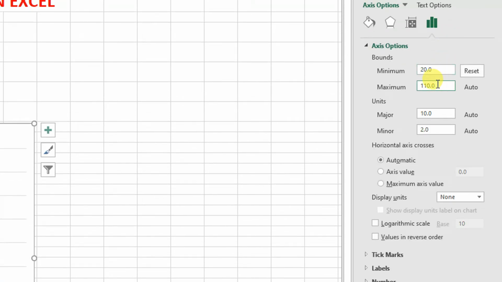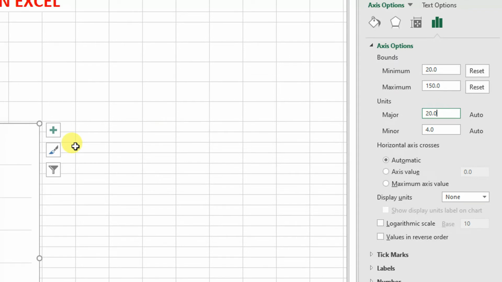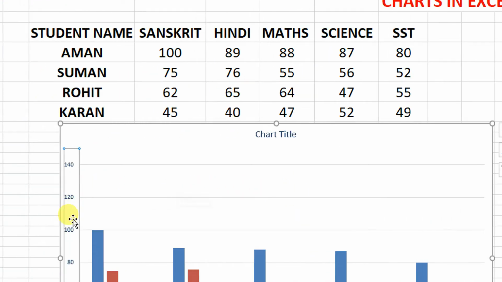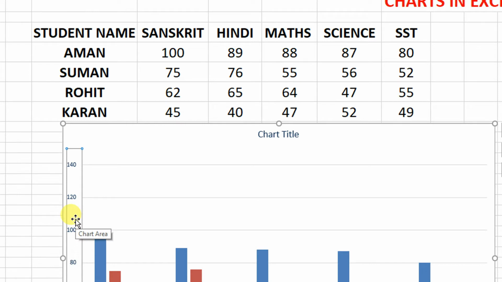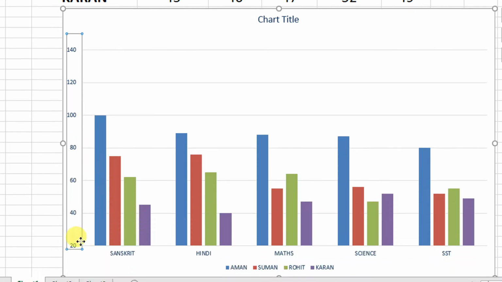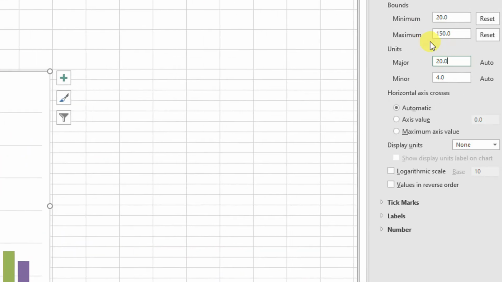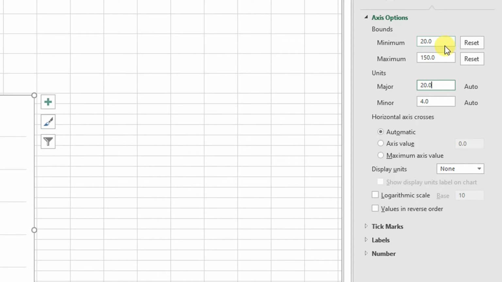I write 150 here. Now if I click anywhere else, you can see the value is changed to 150. That 150 is not visible now, but it has changed to 150. Okay, so the minimum value is 20 and the maximum value is 150. From here we have changed the minimum and maximum value.